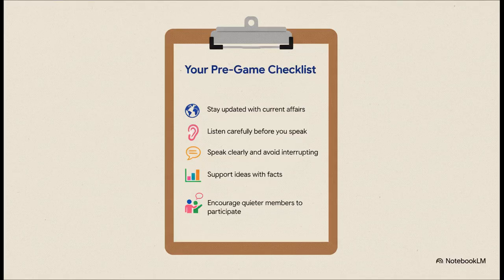It completely changes your approach from being combative to being cooperative. So, let's wrap this up with your pregame checklist. Number 1, keep up with what's going on in the world. That's your content knowledge. Always listen before you speak. Back up your points with facts or real examples, not just gut feelings. And here's a pro tip, something that screams leadership. Actively encourage the quieter people in the group to share their thoughts. Don't just say, anyone else? Call them in respectfully. Something like, Sarah, you looked like you had a thought on that earlier. What are your views? It shows you're invested in the group's success, not just your own airtime.